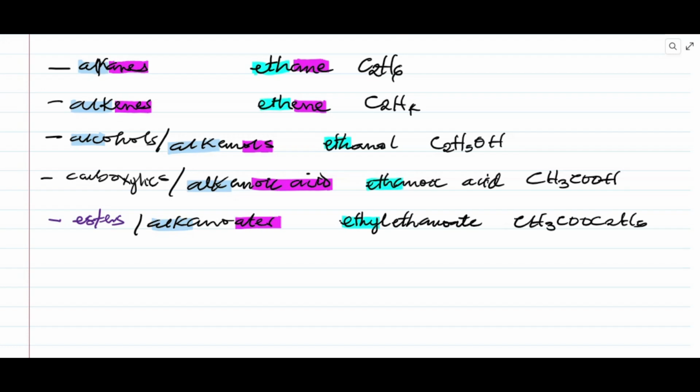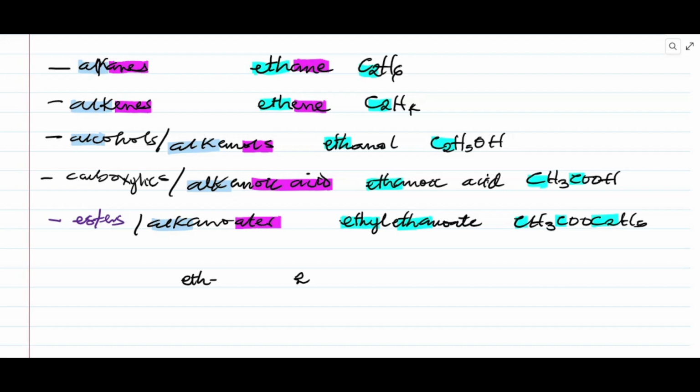So if you check all these compounds that I gave here, ethane, 2 carbon atoms. Ethene, 2 carbon atoms. Ethanol, 2 carbon atoms. Ethanoic acid, 1 carbon and 1 carbon, making 2 carbon atoms. And then we have ethyl, 1 carbon, 1 carbon, that is 2, and then we have ethanoate, and you can see we have 2 carbon atoms here as well. So whenever a name starts with Eth, it means that compound has 2